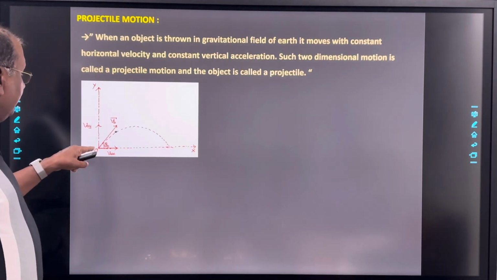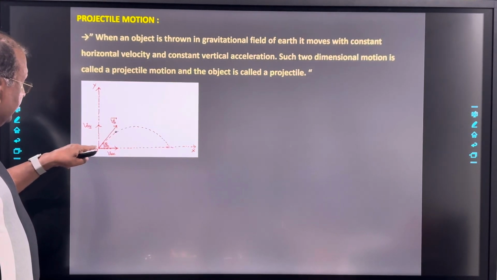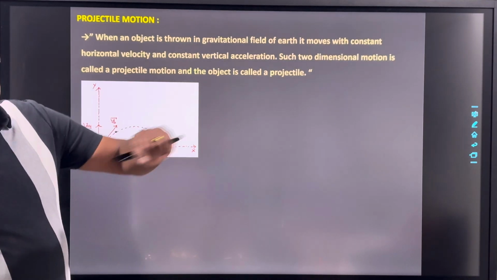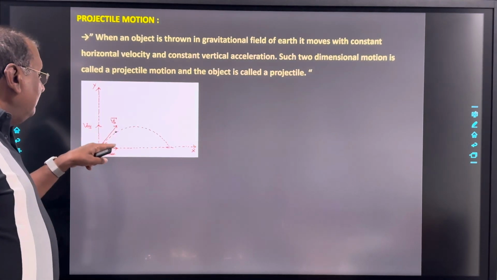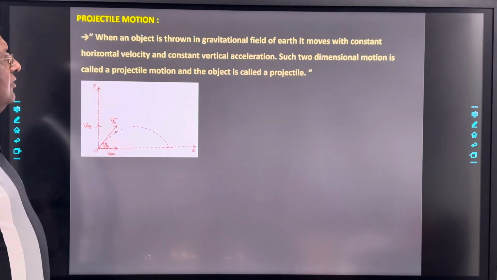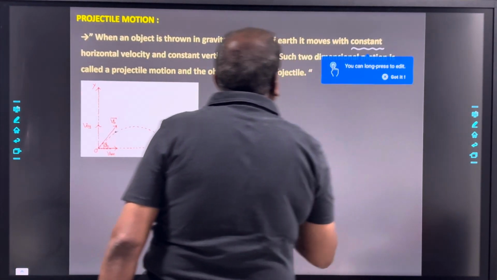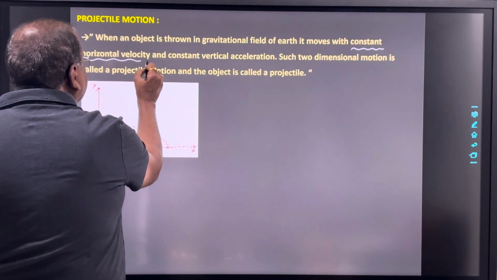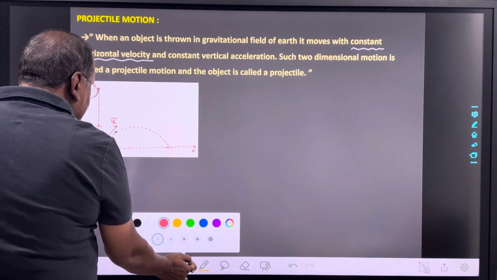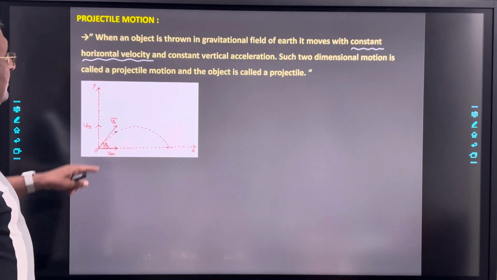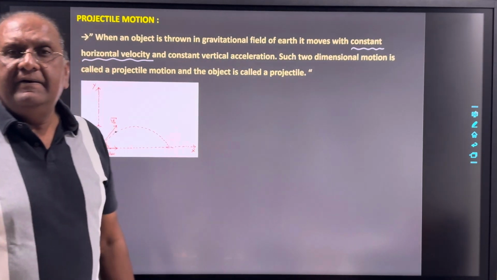तो देखो यहाँ पे horizontal means हम x डायरेक्शन लेते हैं, तो with respect to that at some angle theta 0, अगर कोई ऑब्जेक्ट ऐसे हमने थ्रो किया, right, then it will move with constant horizontal velocity, right? Now, how can we say it moves with constant horizontal velocity? So, here we can say it moves with constant horizontal velocity because when the object is thrown in the gravitational field, the